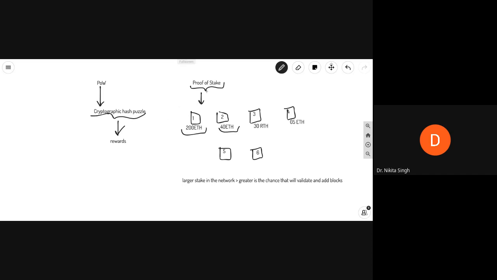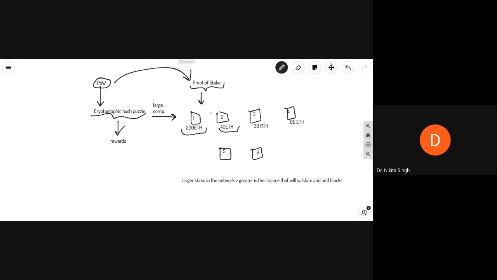And the reason for shifting to proof of stake was because of the large computational power that was required by the proof of work mechanism. So Ethereum is shifting from proof of work to proof of stake.